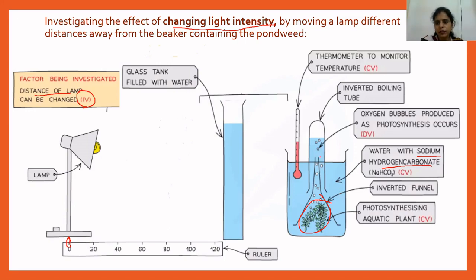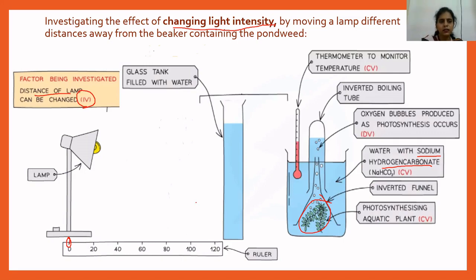And so remember, the temperature, the photosynthesizing plant, and the amount of sodium hydrogen carbonate added should be kept constant. For example, at 0 centimeter, if you're adding 0.5 gram of sodium hydrogen carbonate, the same amount of salt should be used at every centimeter. The same temperature should be maintained at every centimeter throughout the experiment. And the same type of plant or same number of aquatic plants should be used at every centimeter. So these are your control variables.